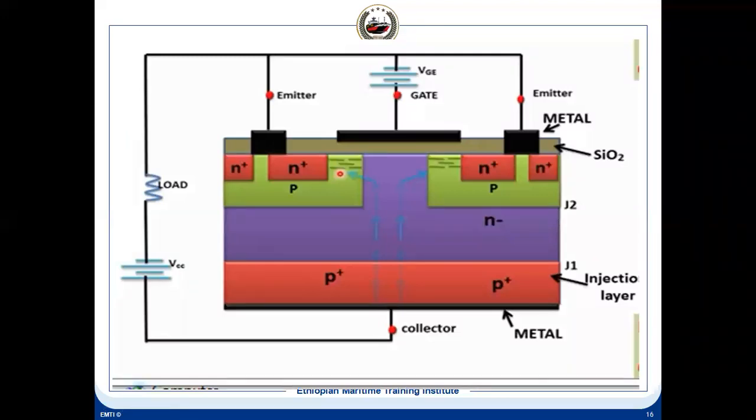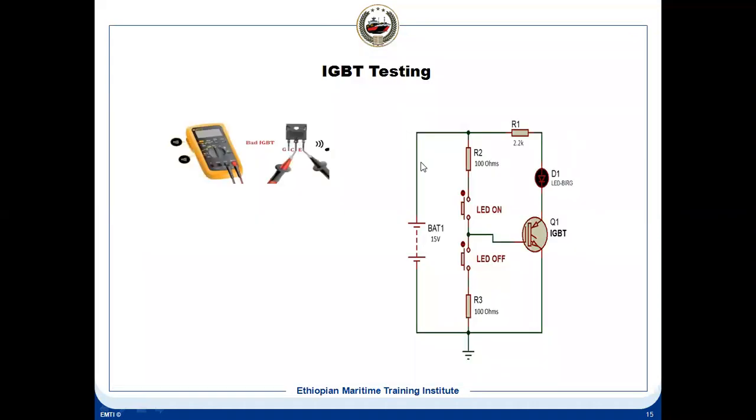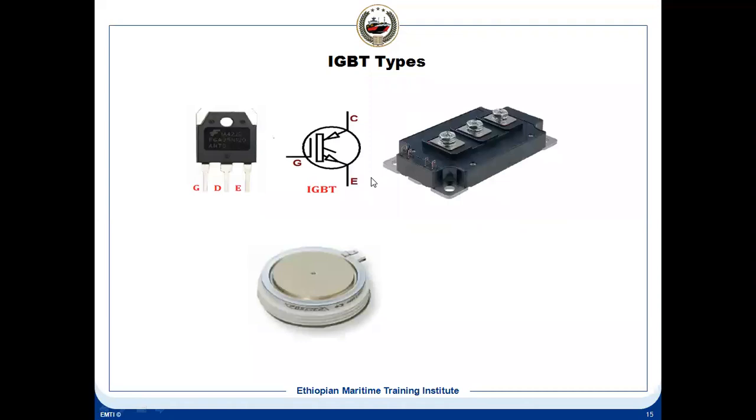Okay, this is the structure of an IGBT. This is what an IGBT actually looks like. You see here, you have an emitter here, and the emitter and collector here. So the current flow is controlled using the gate supply. And in between, why is it called an insulated gate? Nobody has asked me this question. Why is it called an insulated gate bipolar transistor?